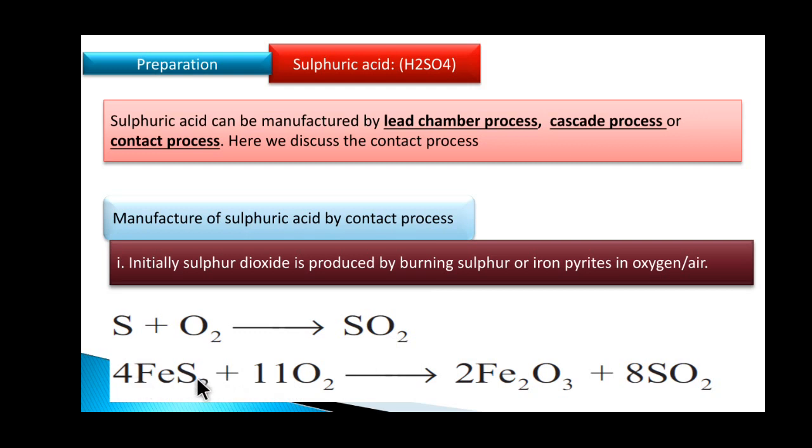The iron pyrites, generally it is a yellow mineral of iron disulfide. Is it clear? That is FeS2. It is also going to react with oxygen or air, and will give the product SO2. Excess oxygen will give excess product. Is it clear? And next step,